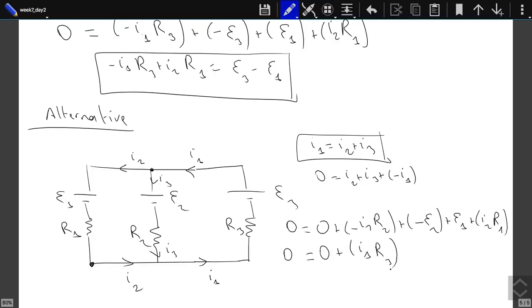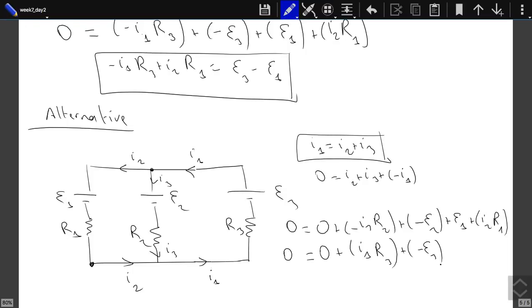From this point to this point, minus epsilon 3. Now from that point to this point, 0. And from this point to this point, the potential drop,